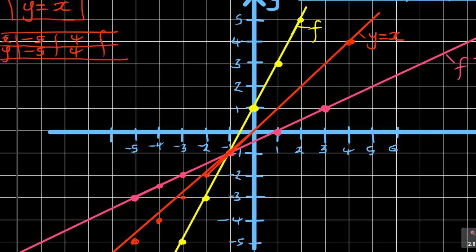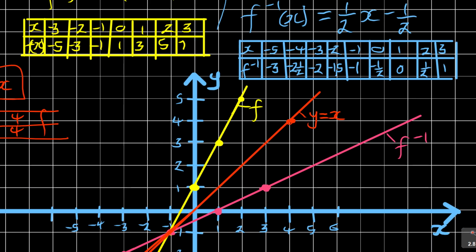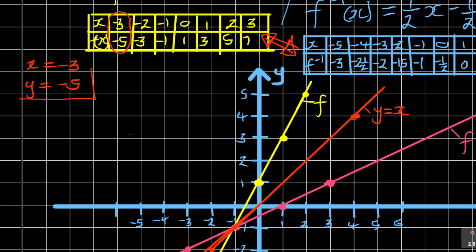But now, look at this. I just want to show you something interesting about these graphs, if you start comparing them and asking yourself what happened. For example, let me flag out this point. You will start to notice something here. Look at it. When x was equal to 3, y was equal to negative 5. But now, if I say this is the graph of f,